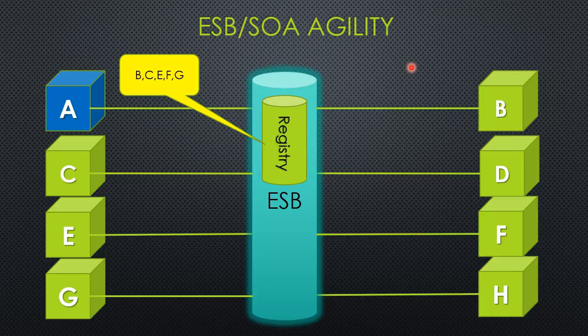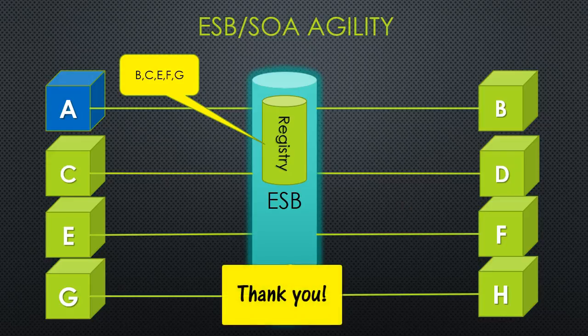All I have to do is go to the registry and change the response to a request from A that says, where do I go for this event? Now that is agility. And that can be done while you're in production, while your customers are all processing their requests, and you never have to have any system downtime. So it's a very good thing to have. And that is the whole enchilada from agility for an ESB and SOA.